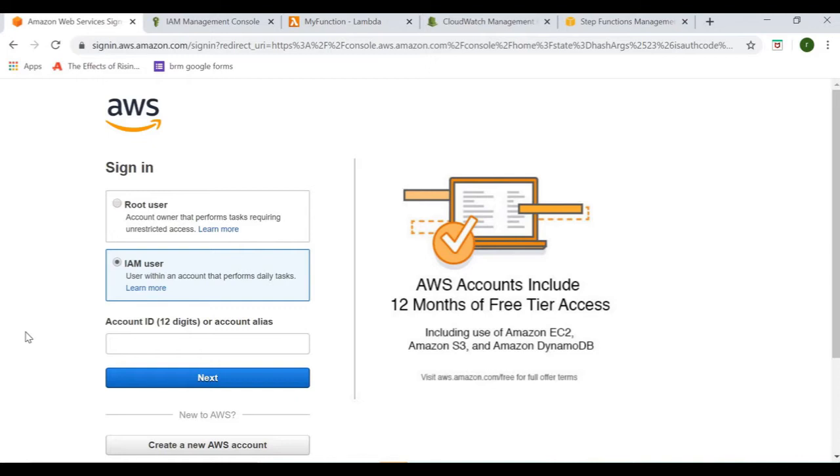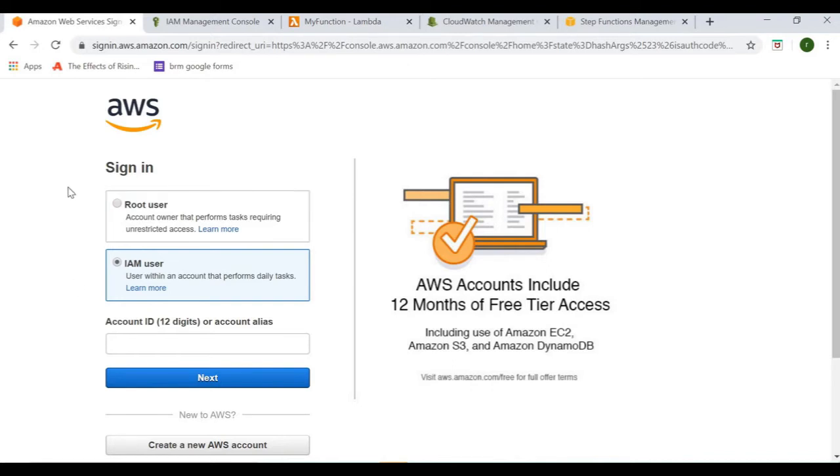But what if we want to share access to our account? We cannot share the root access because in that case we wouldn't know who has performed what operations, and even if we want them to perform those operations or not, because they can delete, edit, create any of the services, and we do not want that. So the best solution for that is IAM. What we do here is we create new IAM users. We provide them access only to limited operations which are required for them to perform.